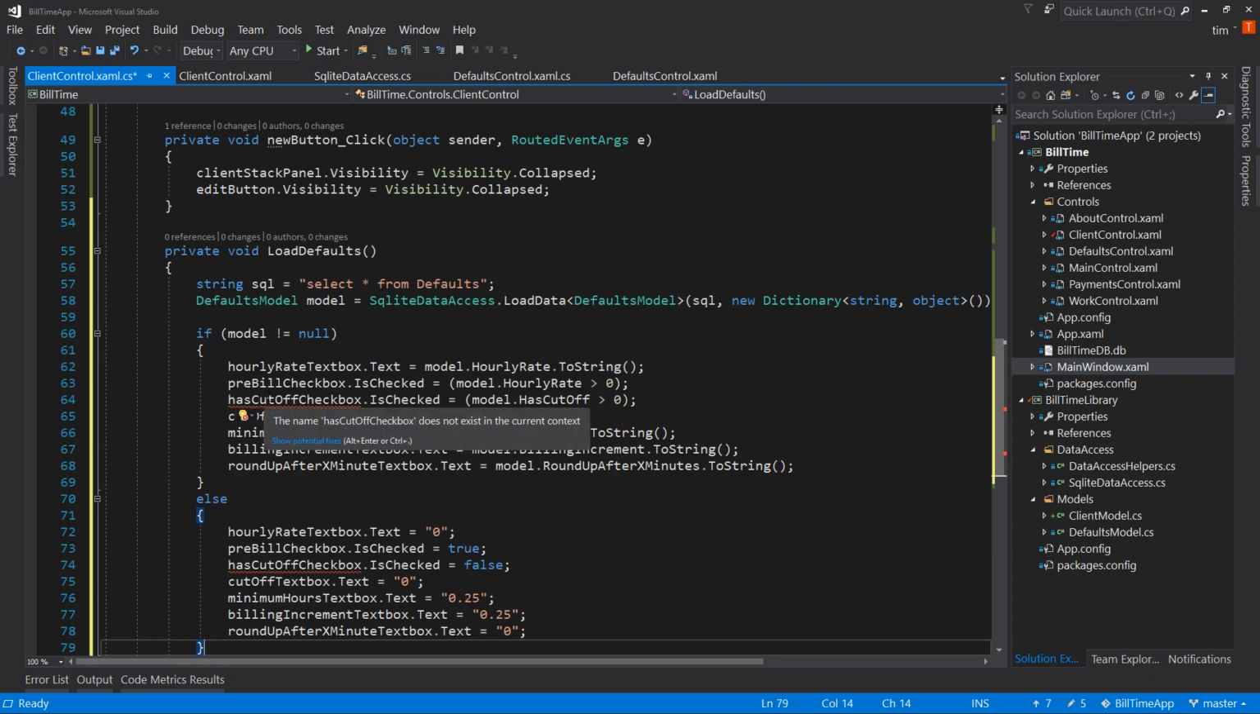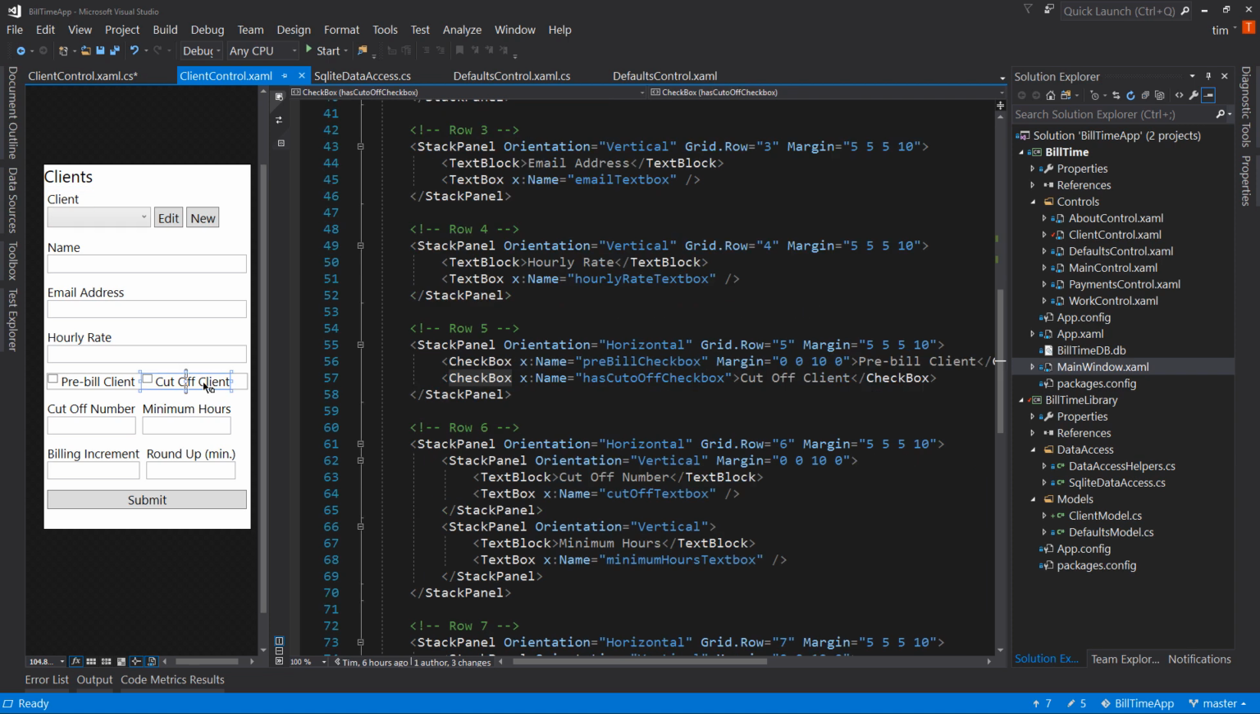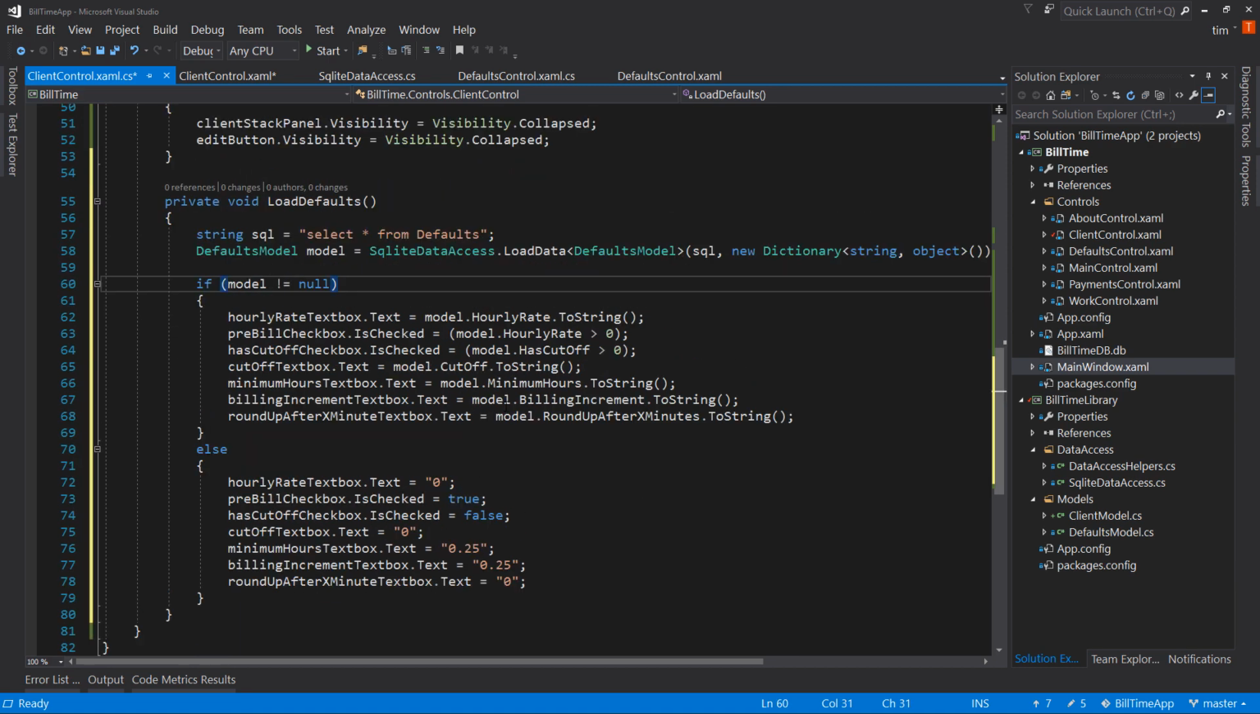Now it has cutoff checkbox. Let's look. Cutoff client has cutoff checkbox. Why is that? Oh, that's a typo. We fixed that typo in the other form. We missed it over here. So that hopefully solved that problem. It did. So now in theory, if we just do this,